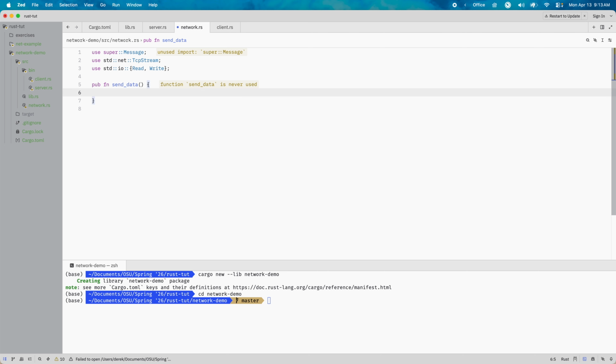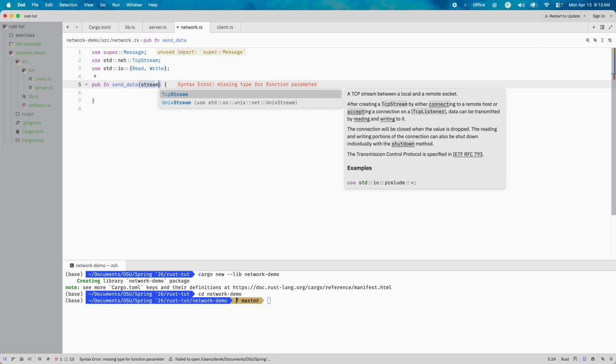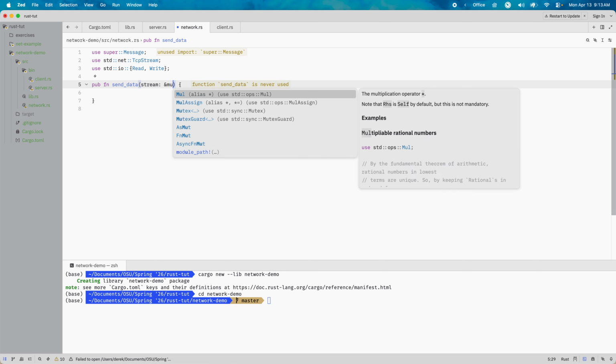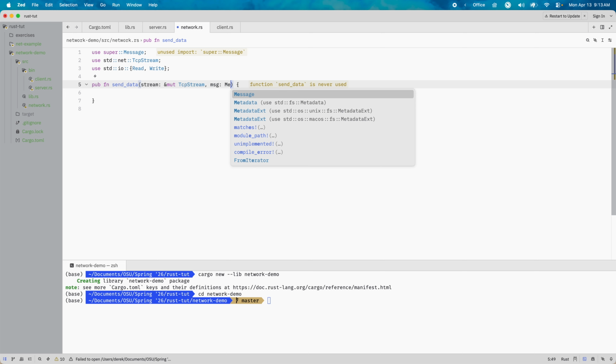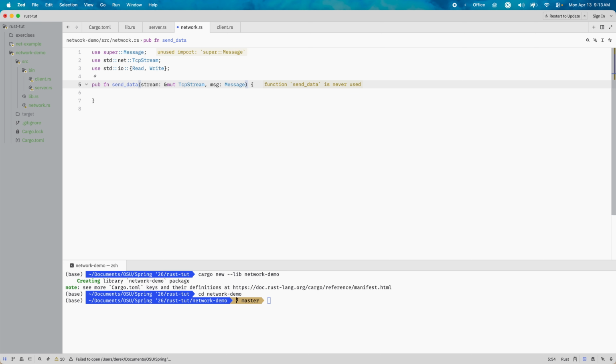But now we'll use a stream, which is a pointer to a TCP stream, and then we want to actually consume our message. So we'll pass ownership of message,